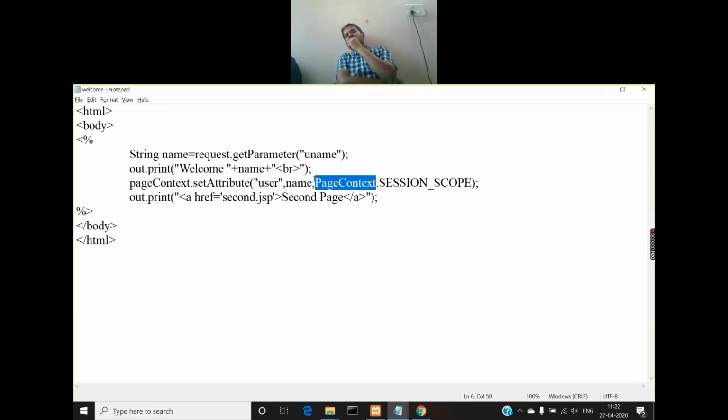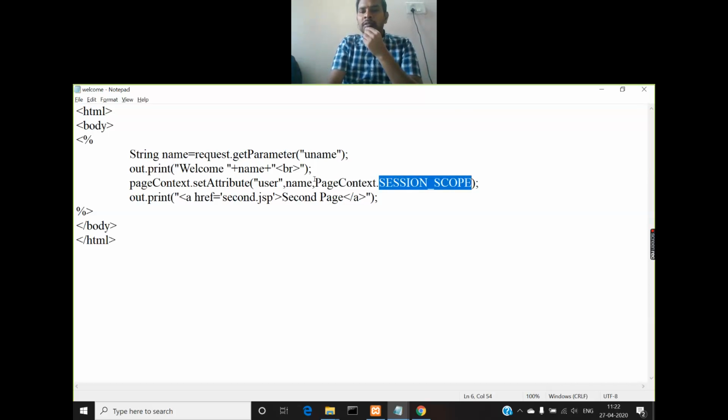So what is this class going to do is, it defines four different types of static variables, right? Those variables have predefined names. The first one is SESSION_SCOPE. This variable gives the scope for this attribute, that is nothing but session scope. If you want to use a request scope, then you have another variable called REQUEST_SCOPE.